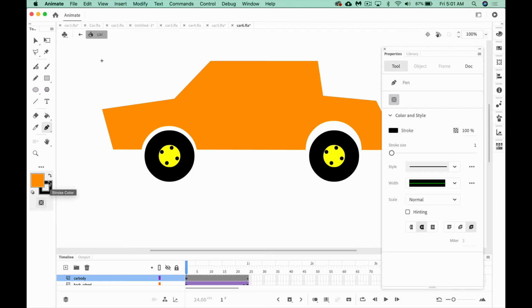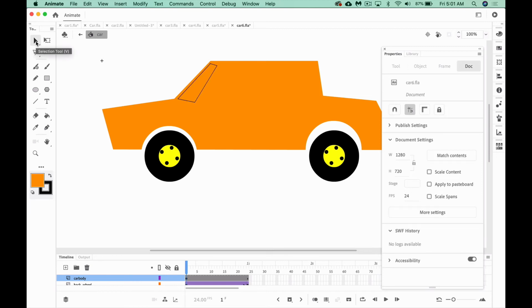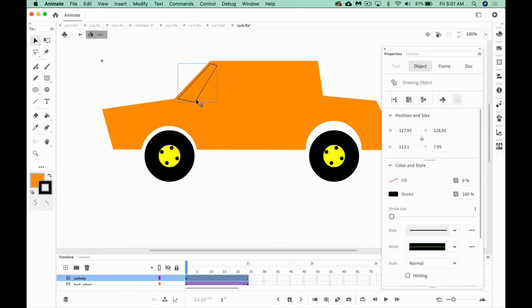Notice I have a stroke and a fill, but it's only going to respect the stroke at first. So I'm going to click, click, click. Everywhere I want a corner, I click. I'm not pressing and dragging because I'd get a curve, and they're a little harder to handle. Right now, I just need straight lines. Pen tool did a great job with that. Now I want to go find the black arrow and select that shape. Now remember, it looks different than we're used to because it's got this square called a bounding box, just reminding us that this is a drawing object and it's not at risk of merging with other colors like it would in the usual drawing mode.